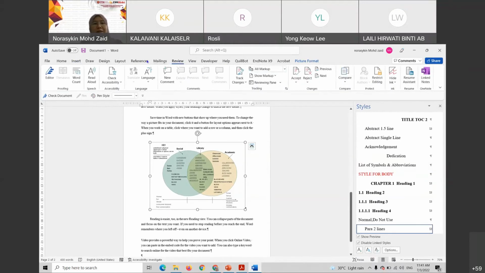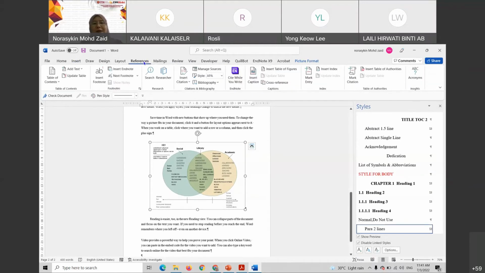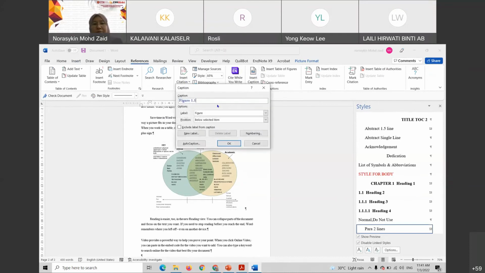Sometimes I don't remember where it's actually located. Okay, references. So click on the image first, then click on insert caption. Caption, all right. So figure 1.1,